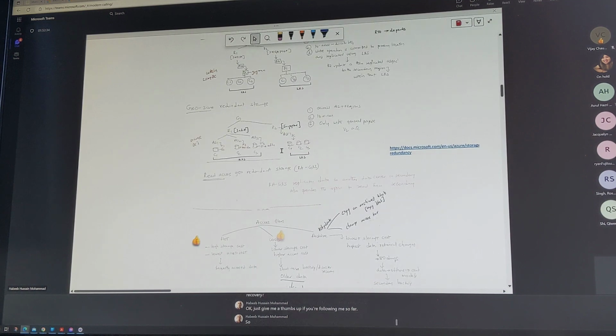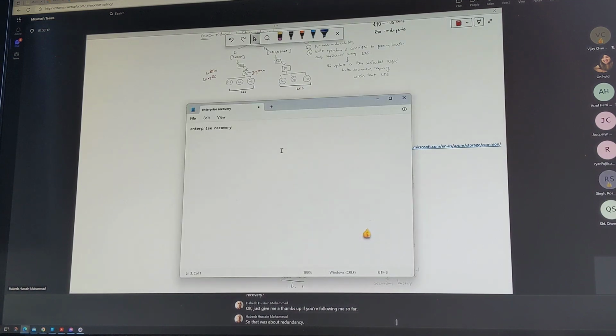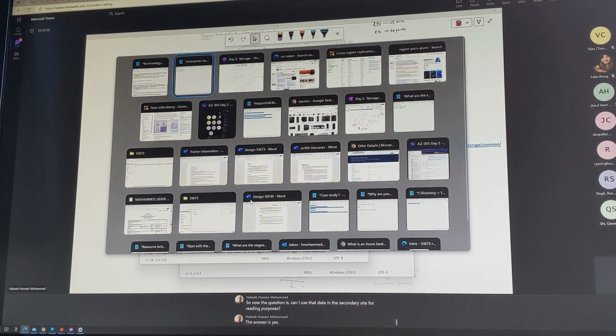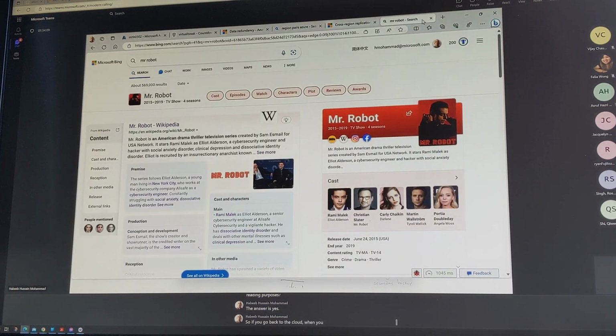So that was about redundancy. Now the last point on the whiteboard, or on the notepad, is something called read access. Especially when we are talking about GRS and GZRS, you have 6 copies of data, 3 on the primary side and 3 on the secondary side. And the data on the secondary side is not being used until you do a failover. This is bad. So now the question is, can I use that data on the secondary side for reading purposes? The answer is yes. So if you go back to the cloud,